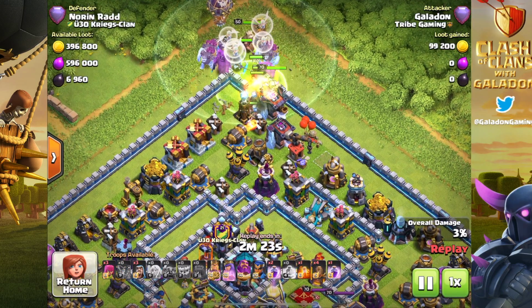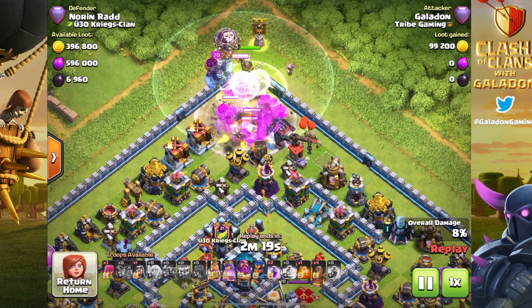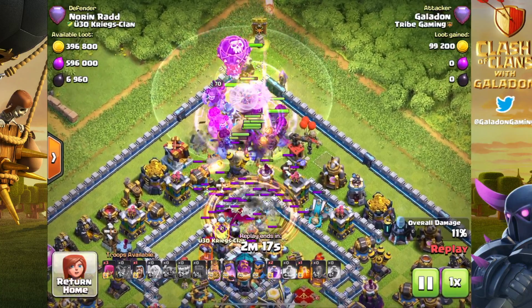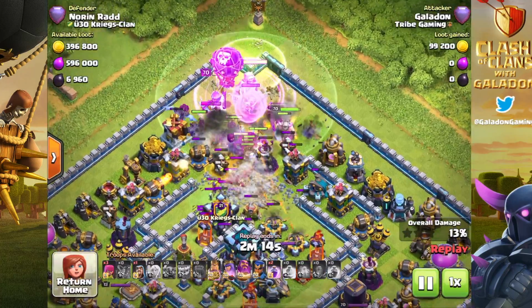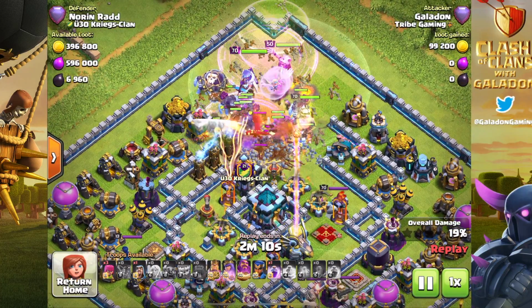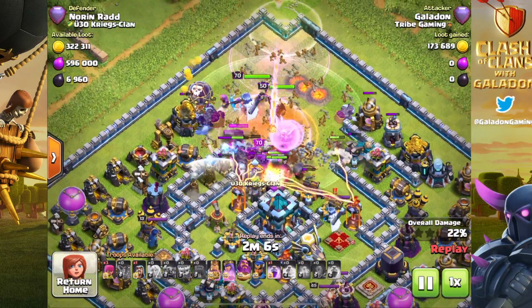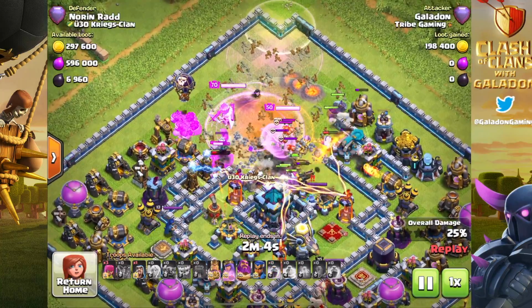This is my attack where I triggered the wall wrecker immediately. I accidentally hit the wall wrecker right at the beginning of the attack. So you got Hog Riders that are rolling in along with everybody else. And this felt like a fail was on the way. But watch as everybody rolls in, and again, a little bit of